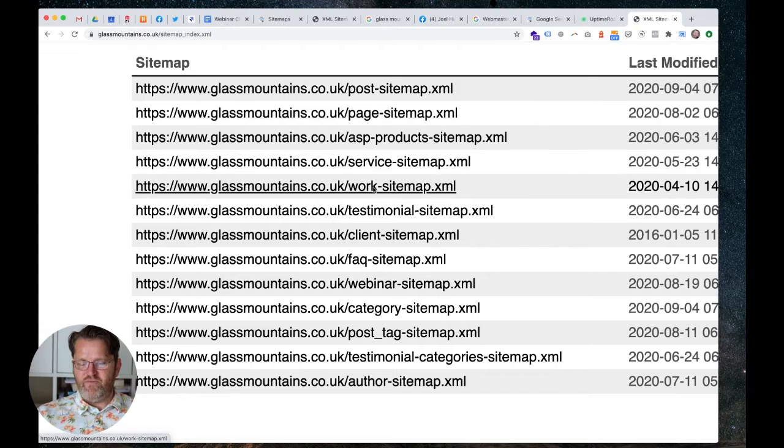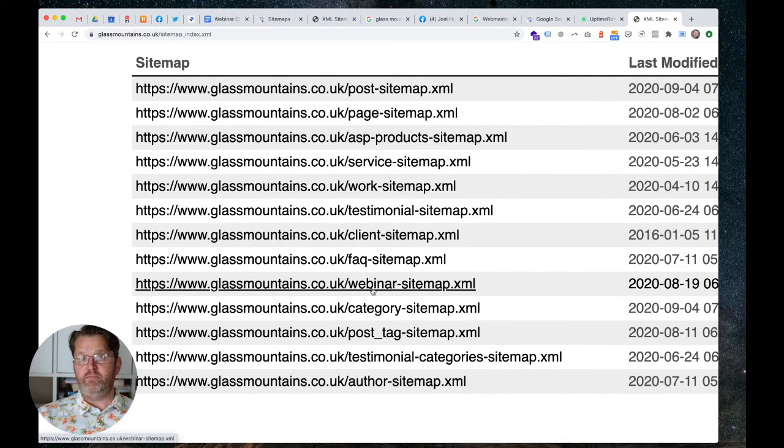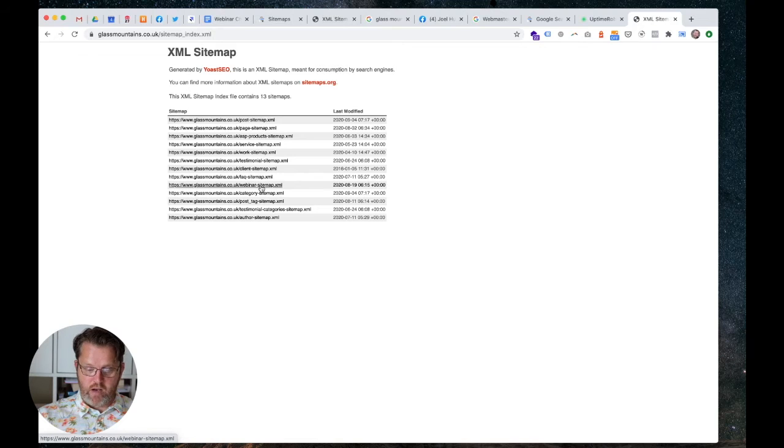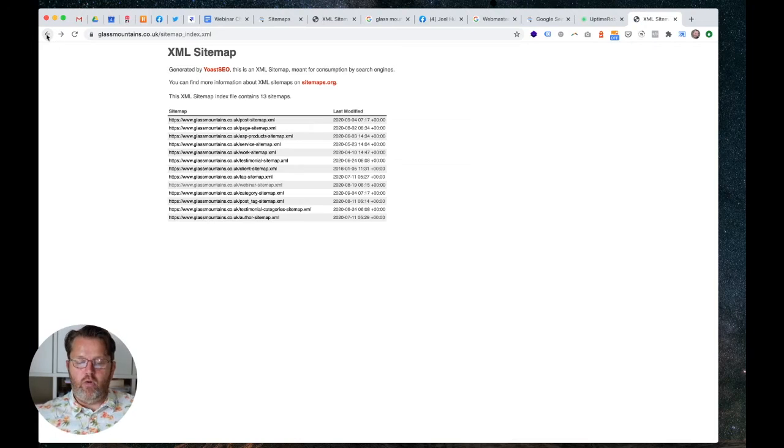We've got one for any custom post types you've got. Like we've got a custom post type for webinars, so there's one for that. So if I clicked into the webinar one, there's all our different webinar URLs. Now, WordPress automatically creates these sitemaps. So that's why, if I click on posts, yeah,